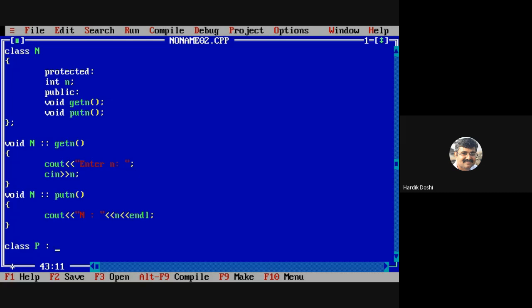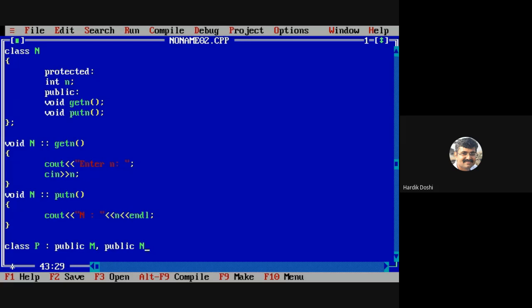So class P inherits public M. How to write N also? We need to derive N also. Two classes we need to inherit. So comma public N. If there is a third class, then comma public again. Is it fine? So this is multiple inheritance.